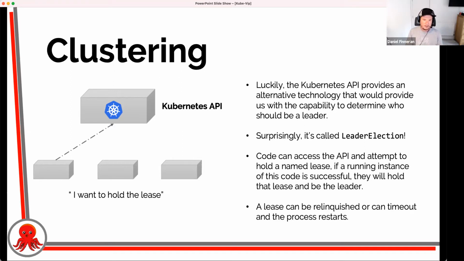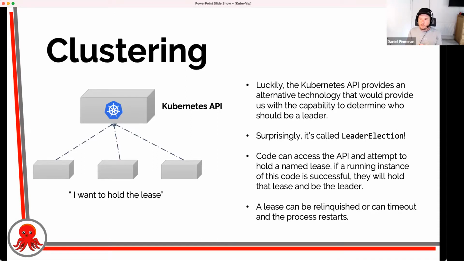The way that it works is that a number of pods, or effectively anything that uses the Kubernetes API, can say to the Kubernetes API, I want to hold a lease that's called this. We can call a lease Kube-Vip, for instance. We can have a number of pods or bits of code saying, I want to hold this lease.